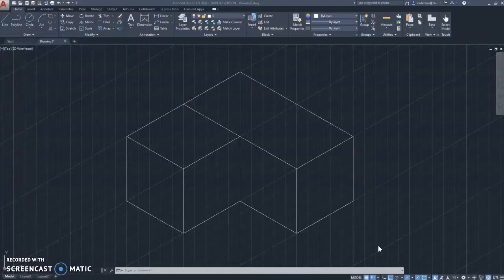In the last video, I showed you how to use this ISO draft mode in order to draw isometric drawings. I just drew a few basic boxes here. So that's about all there is to it for isometric drawings, except for one other thing, one catch here, and that is